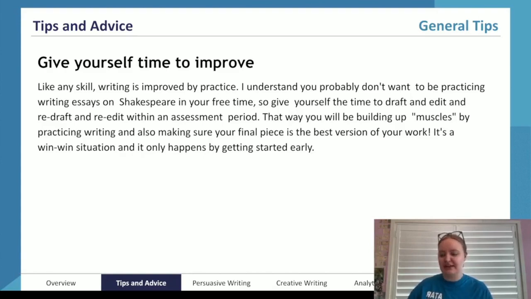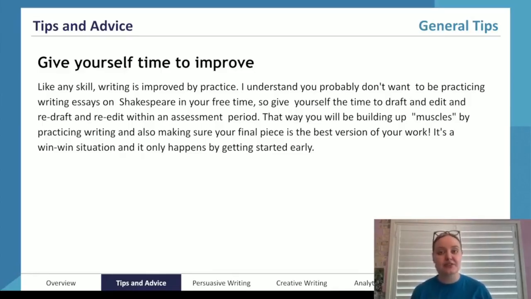So what I basically mean by this is start your English assignments, your big pieces of writing, as soon as possible. Even if that's just getting a really solid plan down and then writing your introduction in the first week or so you have the task. And it just gives you so much more time to have bad writing, and then in the last crunch time, you already have a whole lot of information that you can use as a foundation to build a really solid piece of writing on. It's a win-win situation, but it only happens if you get started early. So definitely go ahead, get started as early as possible.